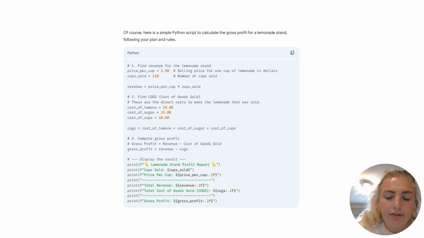So as you can see there, they followed our 3 steps that we established in the represent stage. So first, they found the revenue of the lemonade stand, and we remembered that the revenue equals price per cup times cups sold. So they then, as number 2, found the cost of goods sold there, which is the cost of lemons plus cost of sugar plus cost of cups. And then they computed the gross profit, which is found by taking the revenue minus the cost of goods sold. And then they laid out all of the code there of how we would find